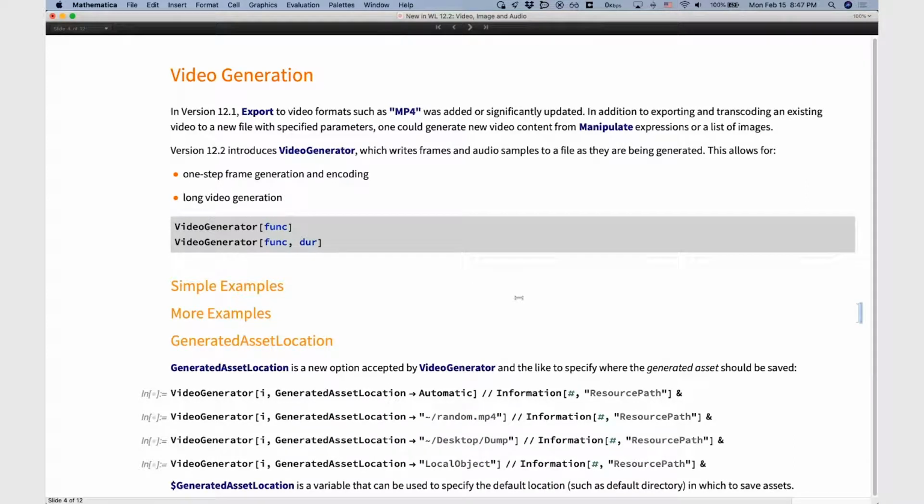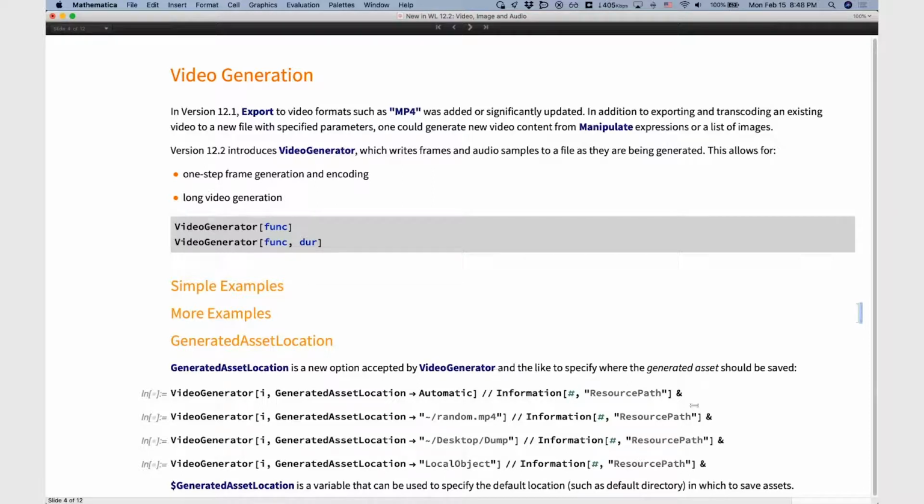A lot of times, there are some default locations. For instance, export always writes in the working directory, Directory[]. Some other functions write in other arbitrary places. But it's often very useful to have control over where all of these things are going. Of course, we can export to any location if desired, but it might be nice if we can just from the get-go specify where we would like to write or store the assets that are backing these objects